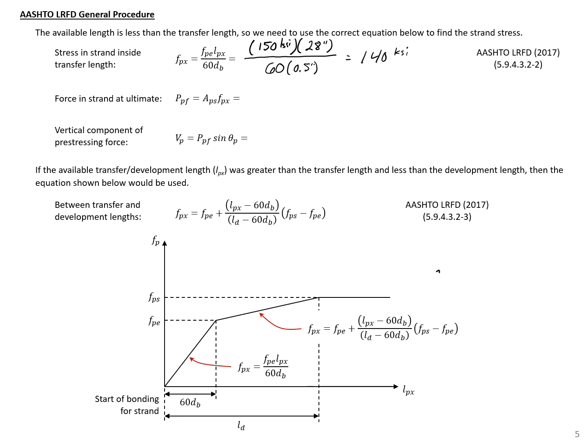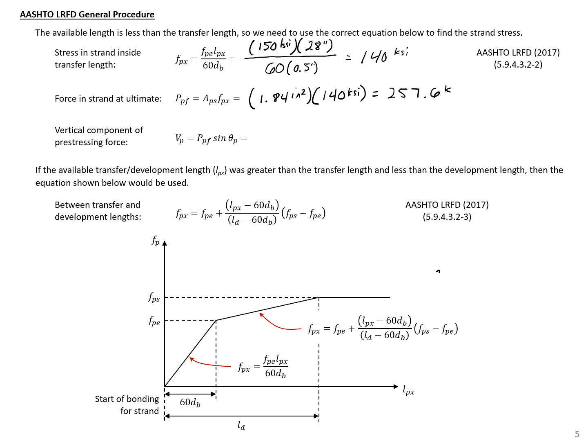We can then find our force in the strand at this point, just our total area, 1.84 square inches times this 140 ksi, which will give us a force of